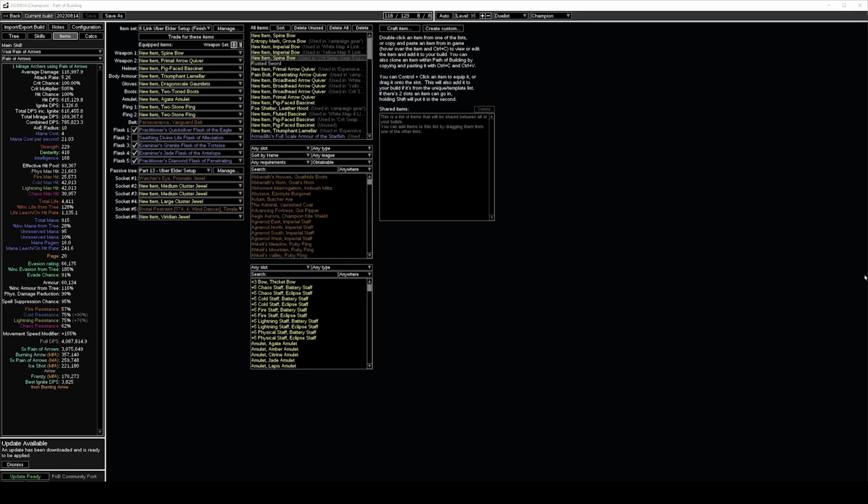So the only thing I will say about the Uber Elder gear set that I've got set up in the POB is you do not need this level of DPS to kill Uber Elder. But because the fragments at League Start are quite expensive, bricking the fight is not really an option. So I massively overgear for it. I'm not very good at the fight, my reactions are terrible. I would rather spend a bit more on the gear than have to rebuy all of the